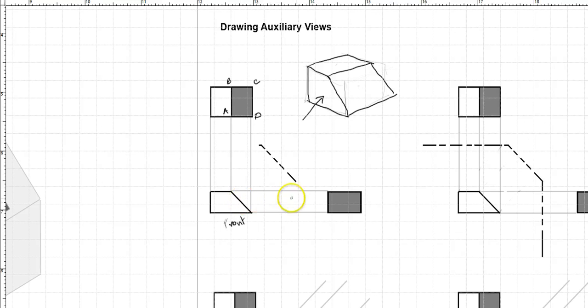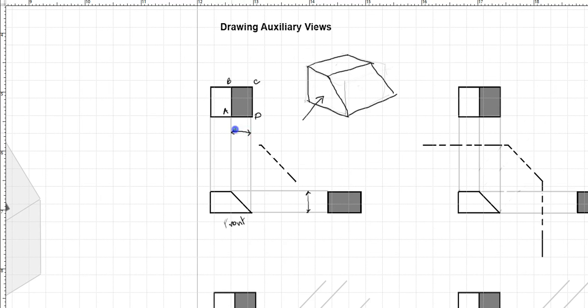And the same thing over here when I project, even though I get A, B, C, and D, what I have over here is an inclined surface. So if I try to measure this height, and if I try to measure